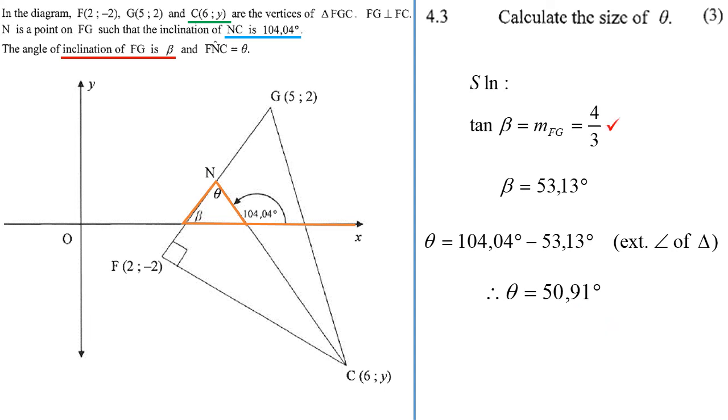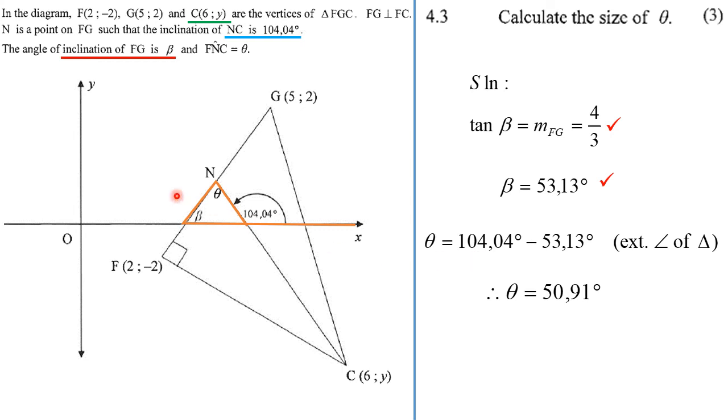Okay, now let's mark it. I actually have a mark for the equation with the correct substitution of the gradient that is forming the inclination angle. Every time the question says inclination, you must remember it is tan of the inclination is equal to the gradient of the line forming that inclination. From there you also get the value of beta. And then for this one, theta is equal to